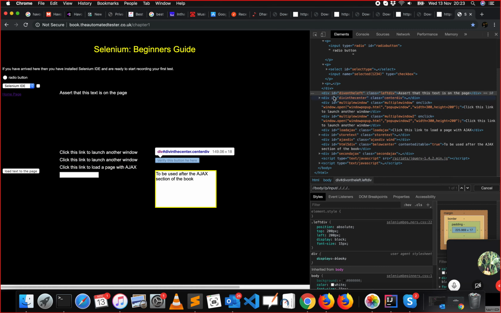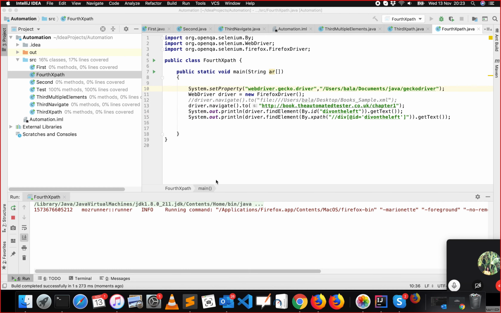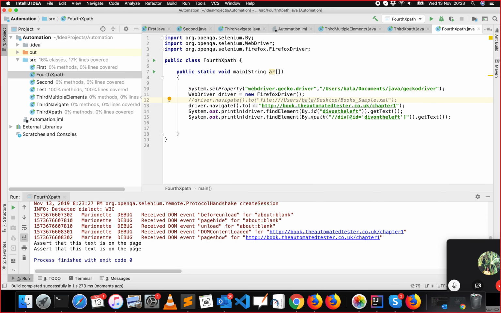The element was called div, right? Yeah. Let me confirm this. Okay, so the second item also printed the same thing. Okay. Now